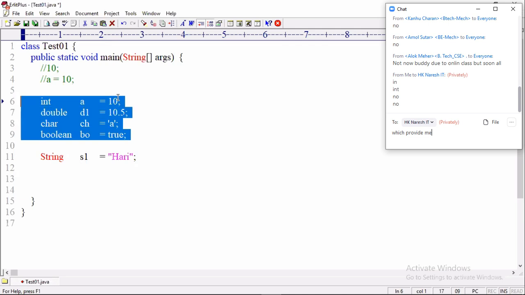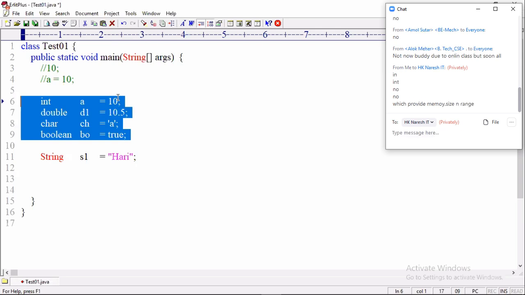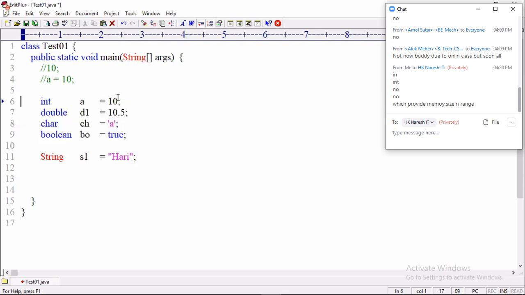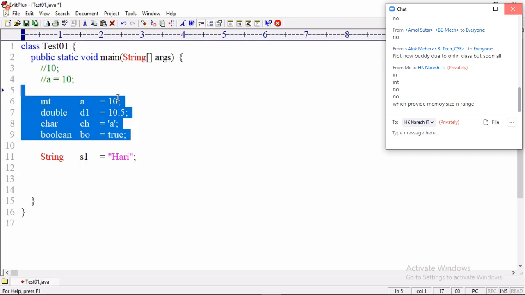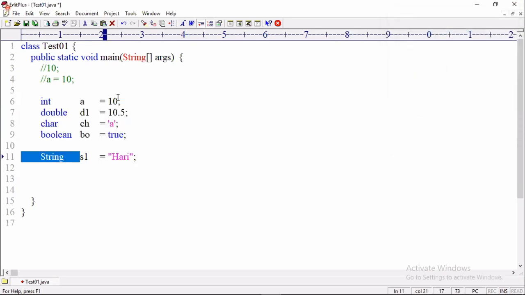All data types are not keywords. Some of the data types are class names. A keyword or a class name which is used for creating variables and objects for storing single and multiple values is called a data type. A small correction to the definition. Again repeating: int is a keyword, double is a keyword, char is a keyword, boolean is a keyword. All these eight primitive data types are keywords, but String is not a keyword.